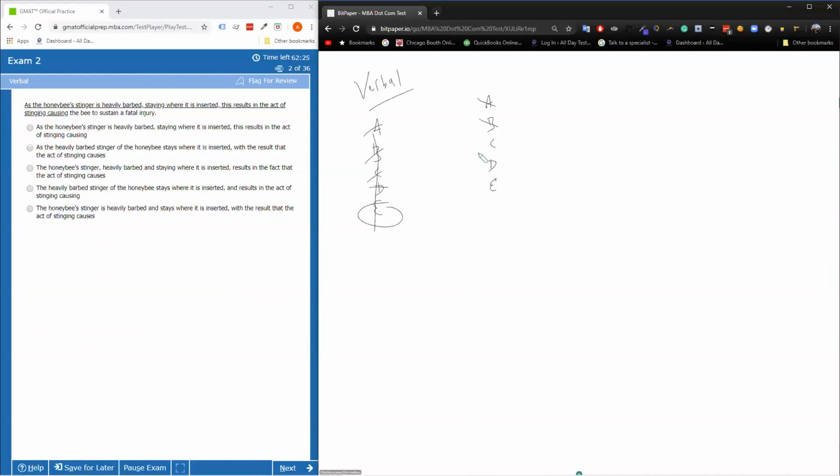Doesn't sound right. The honeybee stinger, heavily barbed and staying where it is inserted, results in the fact that is redundant. The heavily barbed stinger of the honeybee stays where it is inserted, comma, and results in the act of stinging, causing the bee to sustain a fatal injury. Could be. The honeybee stinger is heavily barbed and stays where it is inserted, with the result that the act of stinging causes